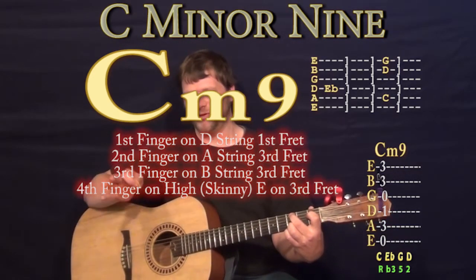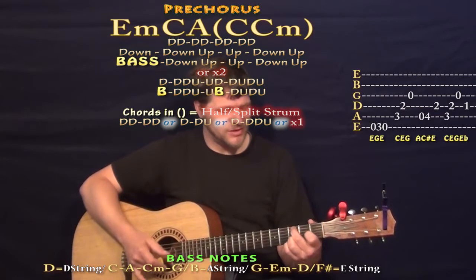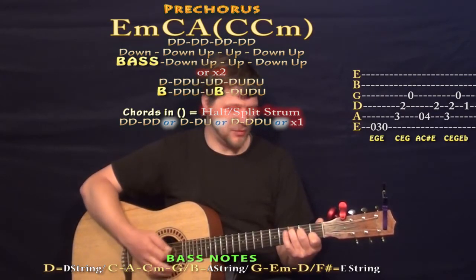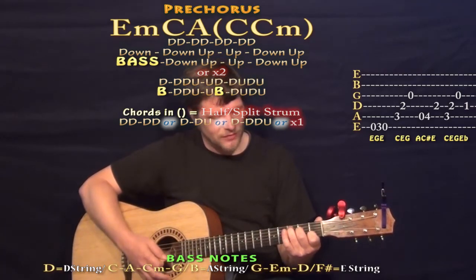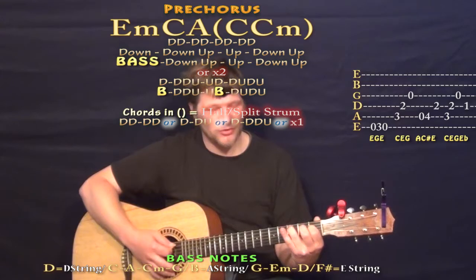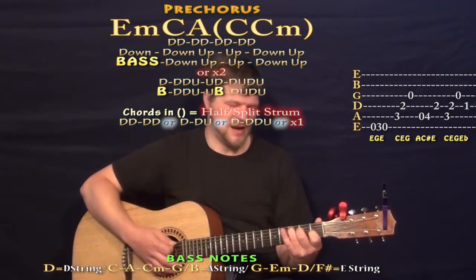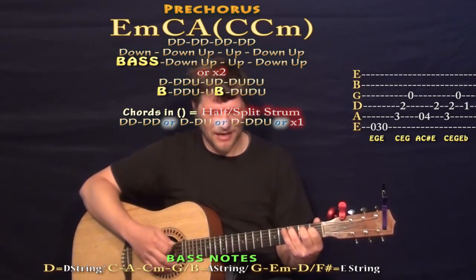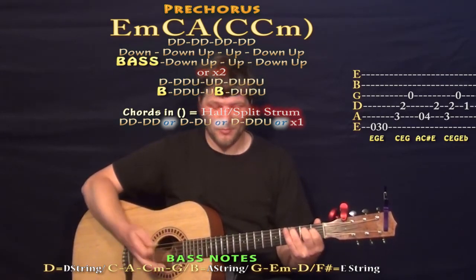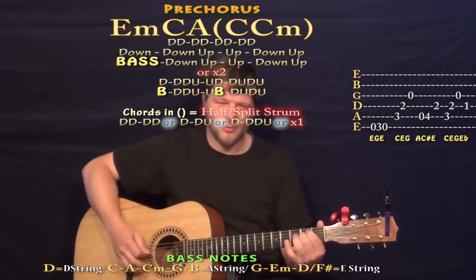Now, randomly, you could probably stay on C major and be cool. Or you could take the regular C major chord that we've been doing. If you wanted to, you could even just lift off 1 and 2 and then put the first finger on the D string first fret and work just the A string, D string, G string as a little C minor chord. If you want to get in that change, which can be very, very hip, going to that C minor at the end. So you could really use any of those rhythm options we've been talking about,